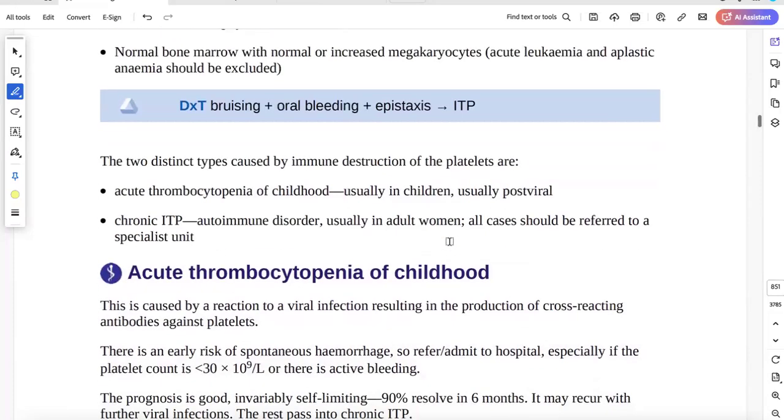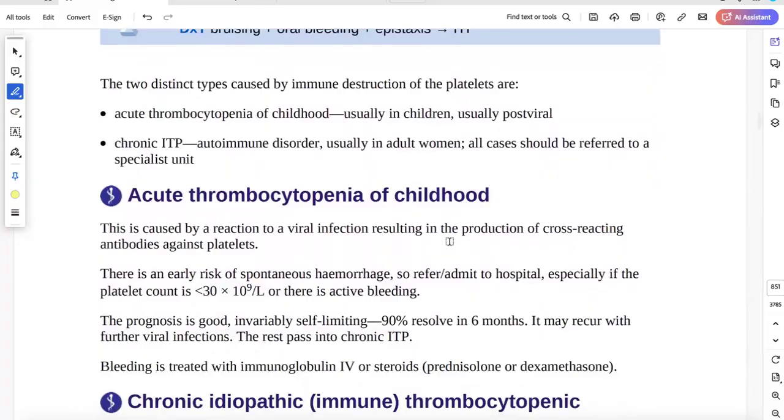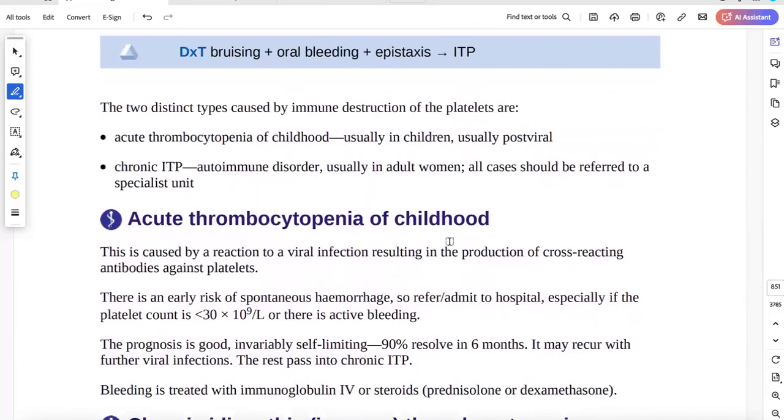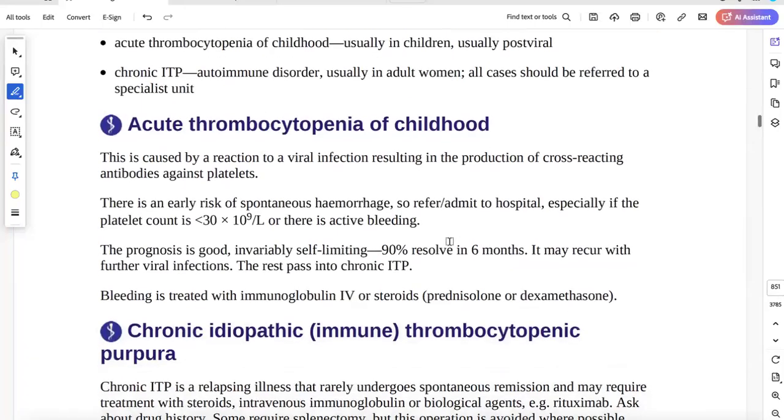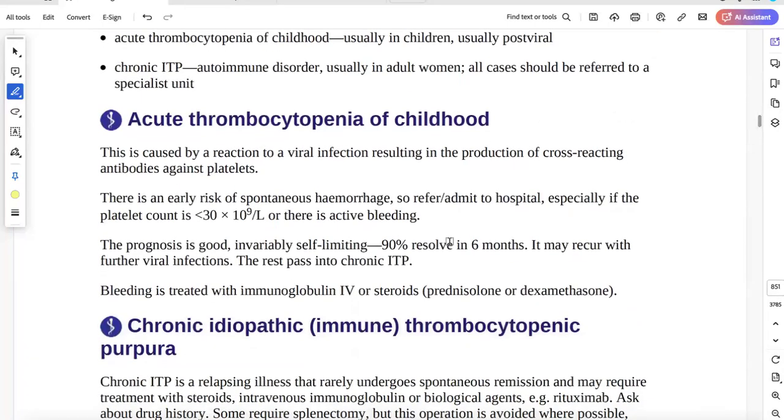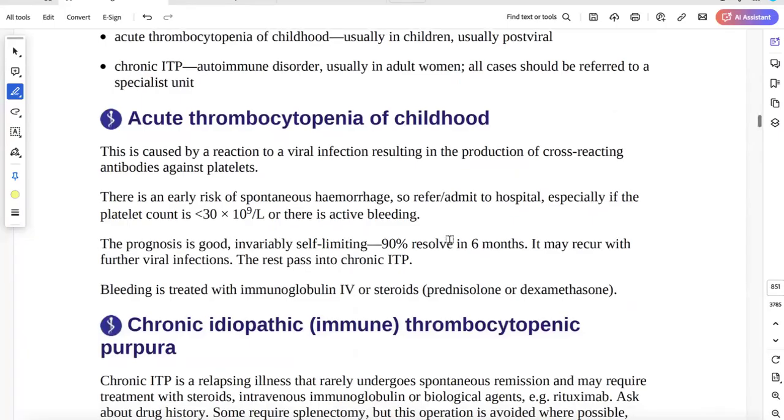Okay. So now ITP, or idiopathic thrombocytopenic purpura, there is a bit more to know from here. If you go to RCH, they have a very good discussion about ITP, so I want you guys to read that. But as part of management,